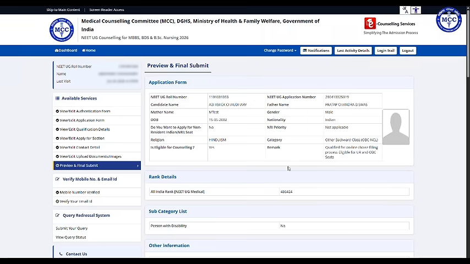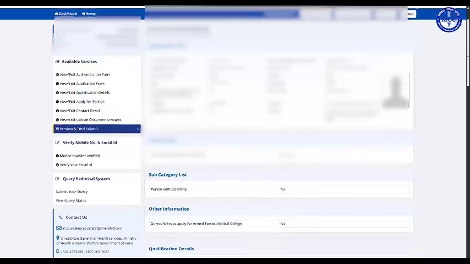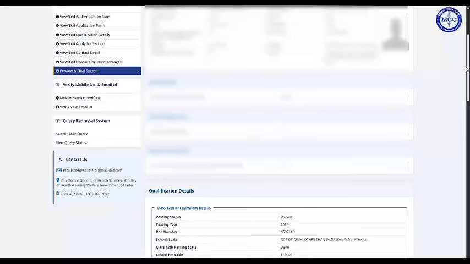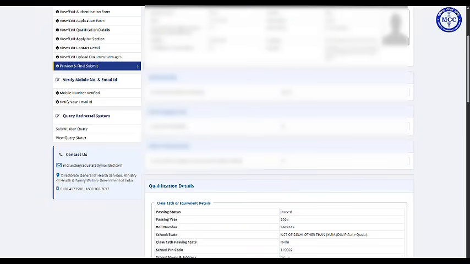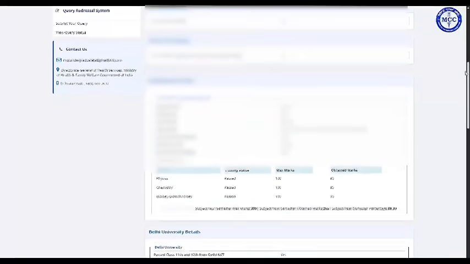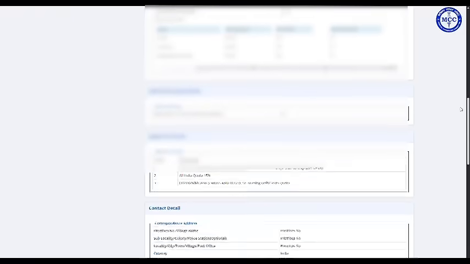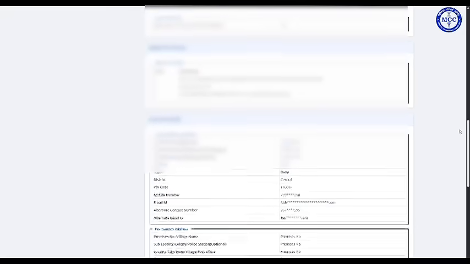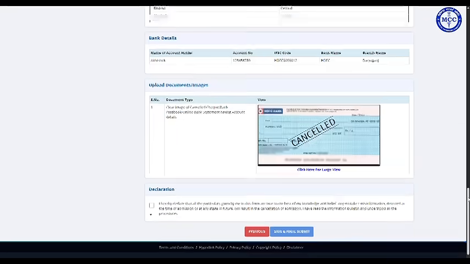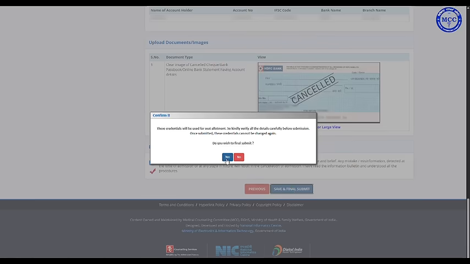Now open the Preview section. Your complete application form will appear on the screen. Read every detail carefully. Check the following information once again: name, date of birth, category, nationality, contact details, address, academic details, bank details, counseling categories selected, uploaded documents. If you find any mistake, go back to the relevant section and correct it before making the final submission or